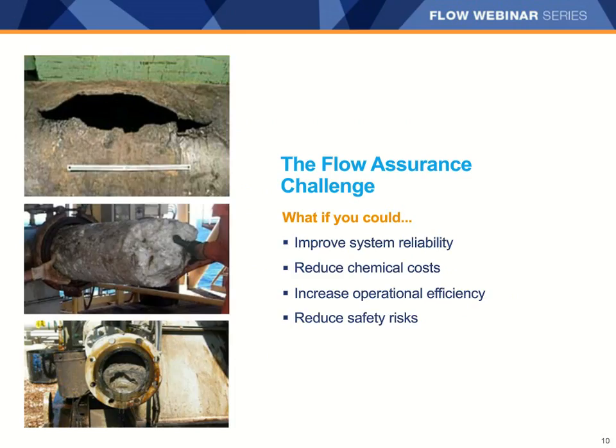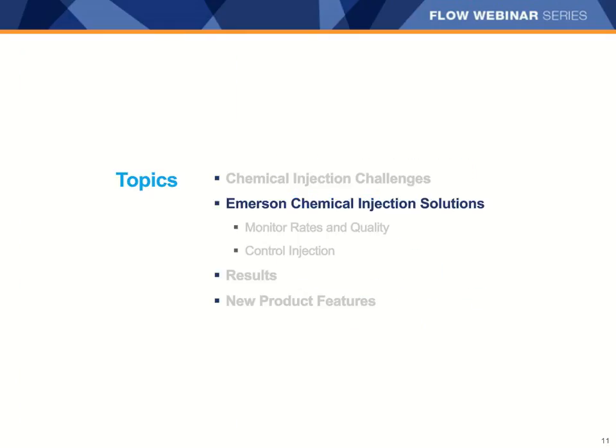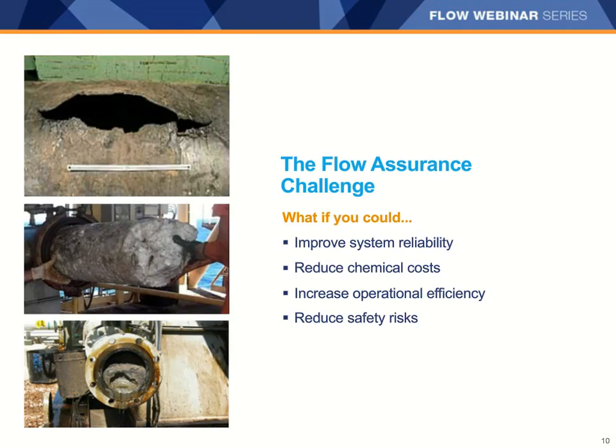What if you could improve system reliability, be confident in your chemical injection system, and know that you're injecting exactly what the equipment says you're injecting? Because you've improved reliability, you can begin to reduce the chemical costs and only inject what you need to inject. Take those lab reports or chemical provider recommendations and comfortably and confidently inject just what you need rather